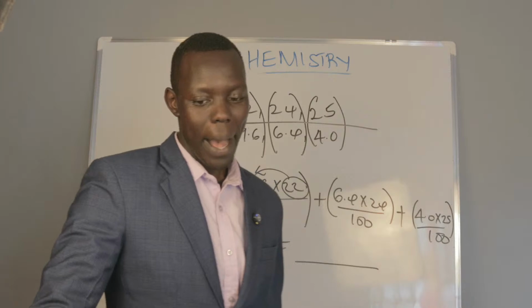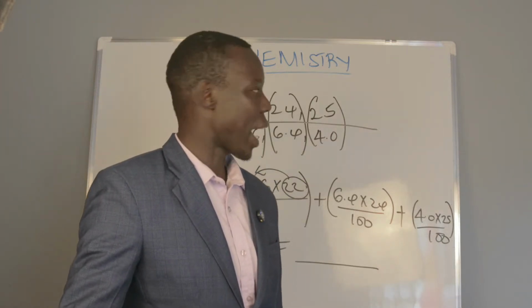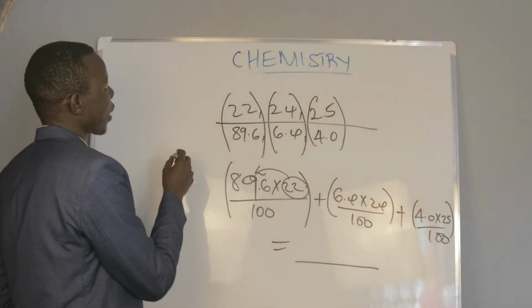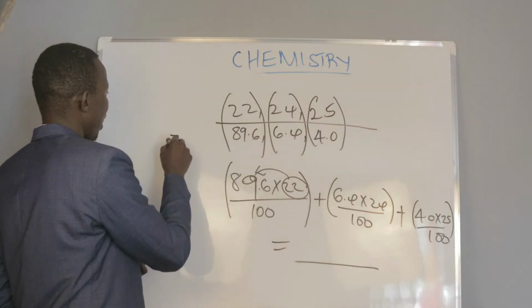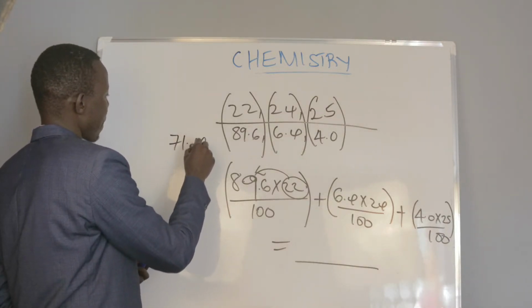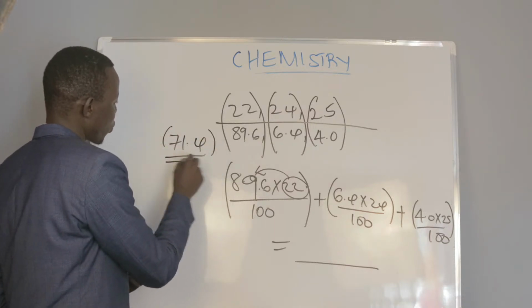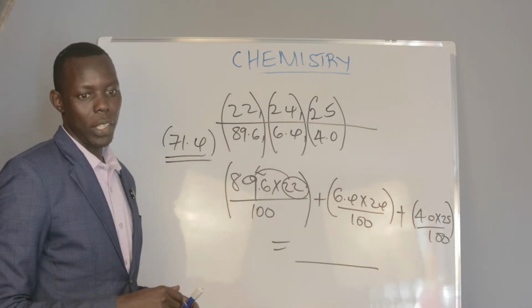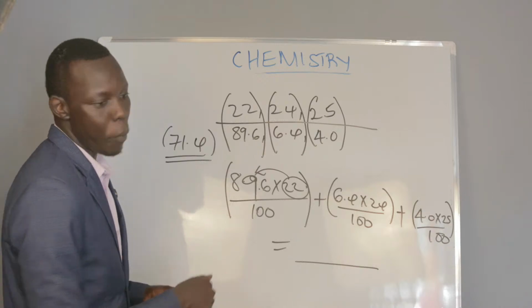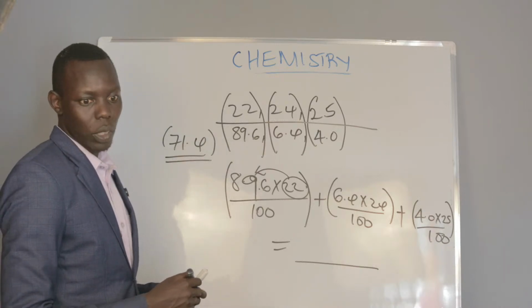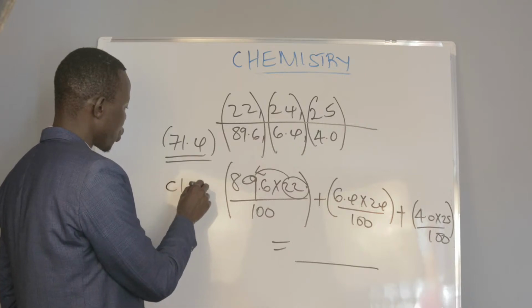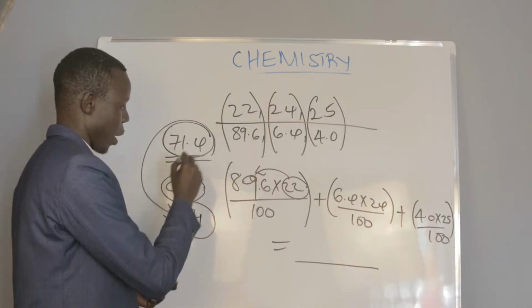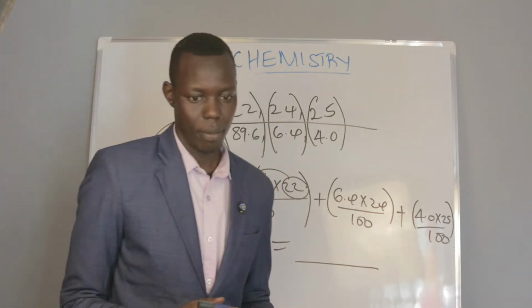But now listen here. I will tell you where round off matters. Imagine you got something like 71.4 as the RAM. Then you are asked which gas is most likely to have this molecular mass. You got 71.4. So a very normal person will know chlorine molecule. Meaning this one has to be rounded off to come to 71. Yes.